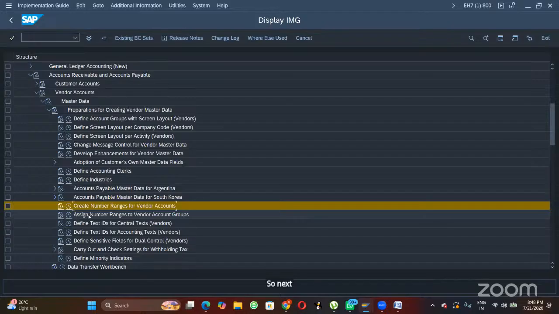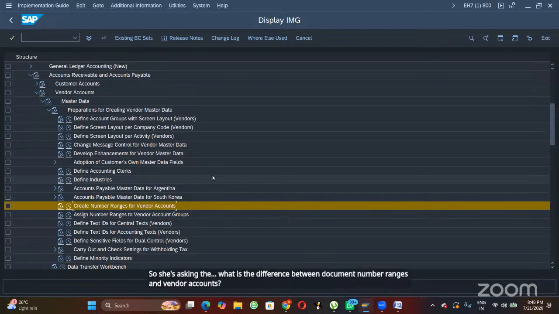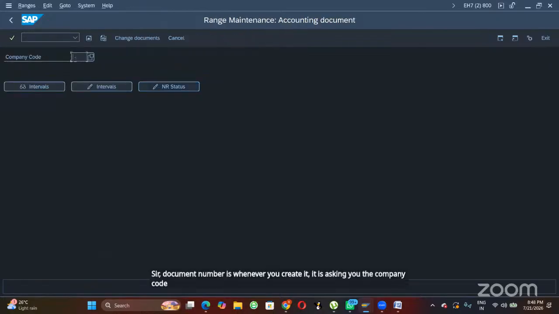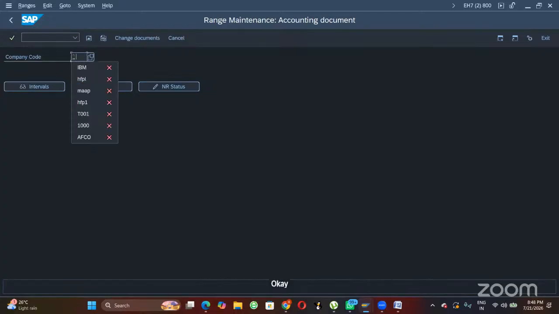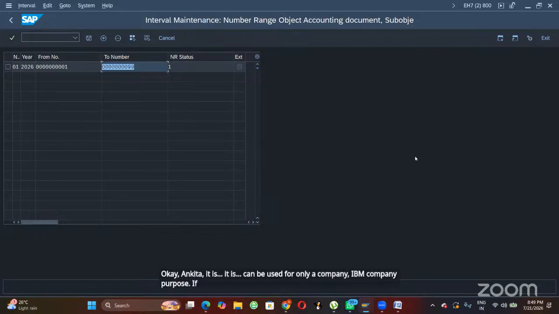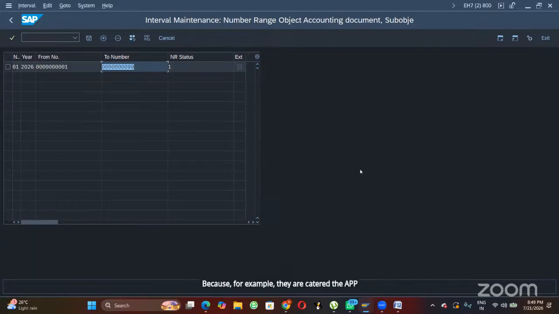So she's asking what is the difference between document number ranges and vendor accounts. So for document number ranges, whenever you create one, it asks you for the company code, right? For example, if four members created four company codes, and you created the IBM company, for the IBM company you created the number range 01. It is used only for your company purpose. Ankita, it can be used only for your IBM company purpose. If Pranati or Amruta want to use this one, they can't. The system does not accept it because, for example, they created APP as their company code. If they want to utilize the number range, the system does not accept it